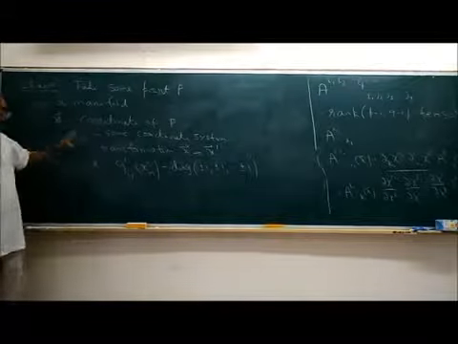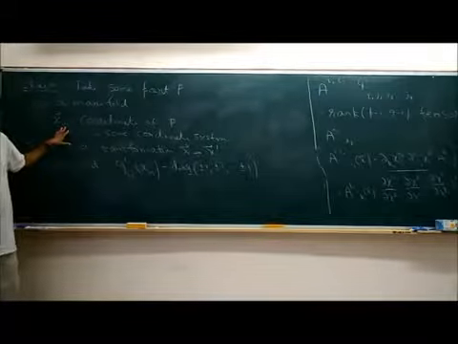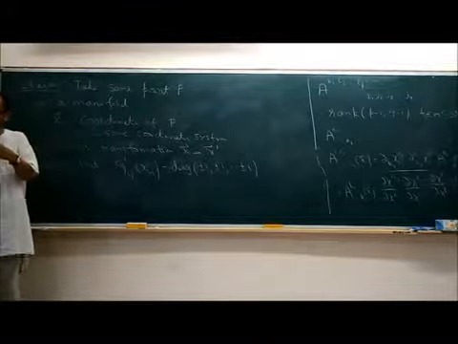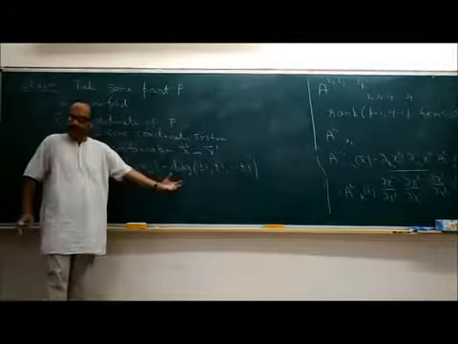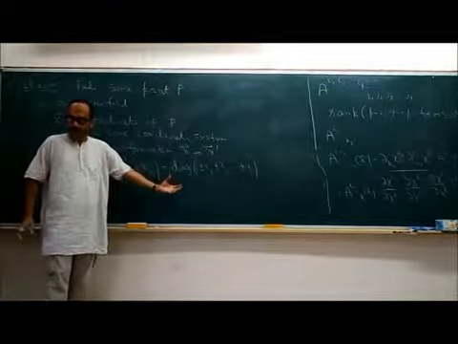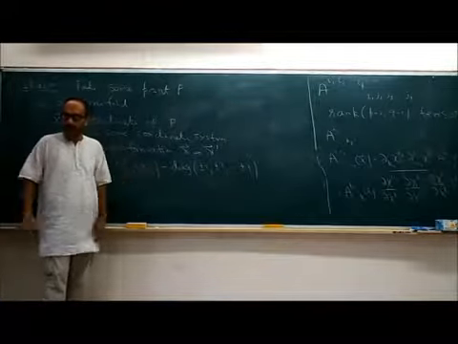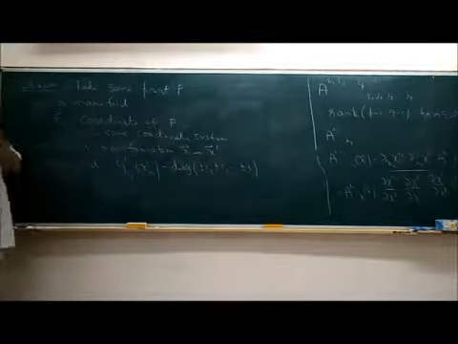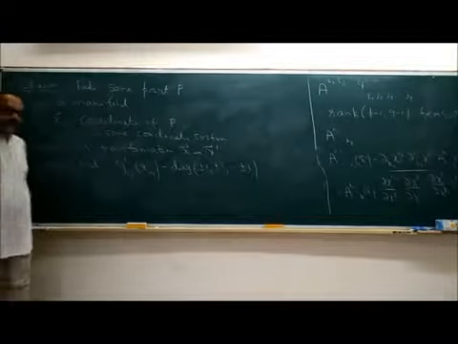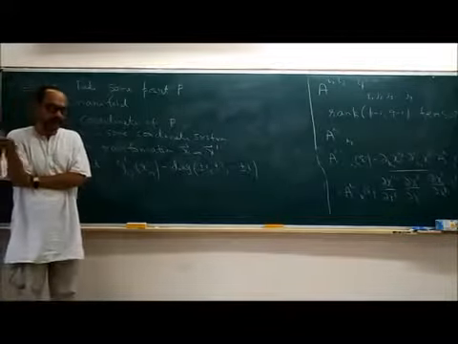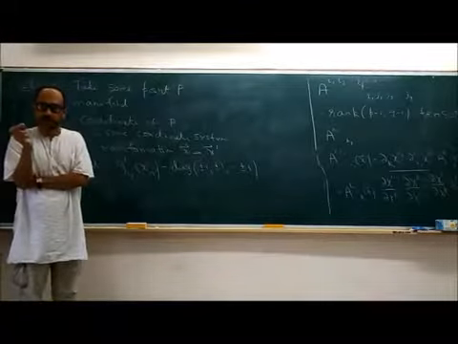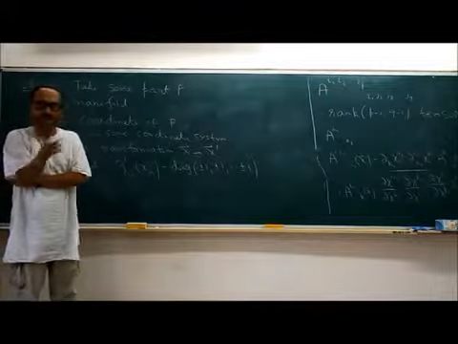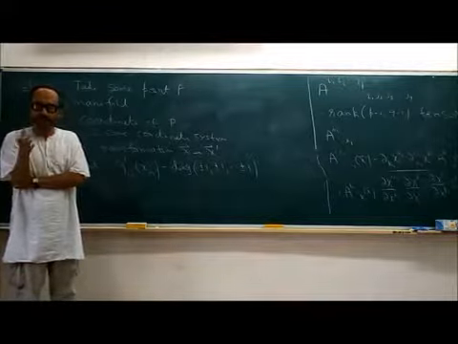What you are saying is that take any point x naught. We can find a coordinate transformation that brings the metric at that point into this form. We will find this coordinate transformation explicitly, and then it will become clear what exactly we are doing. We can do it for any point separately. If you go to another point, the same coordinate transformation is not going to do that, but there is another coordinate transformation which will bring the metric at that point into this form. So that is the claim.